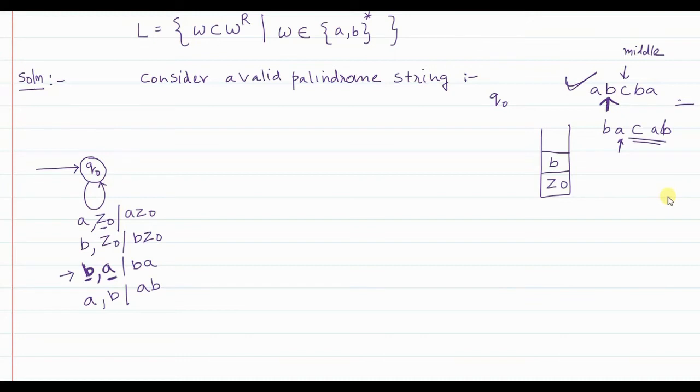Okay, now see, the currently read input symbol is B and the topmost element of the stack was A. But it can so happen, suppose the string was BBCBB. This is also a palindrome string. So after reading the first element, B would have been already present in the stack, and now you are reading the second B. Then this B also you will push onto the stack. So that combination also should be written. So if B is the current input symbol, and suppose in place of A, suppose earlier there was B. So for this kind of string, if B is currently read as input symbol and stack contains B, then what you push inside is BB,